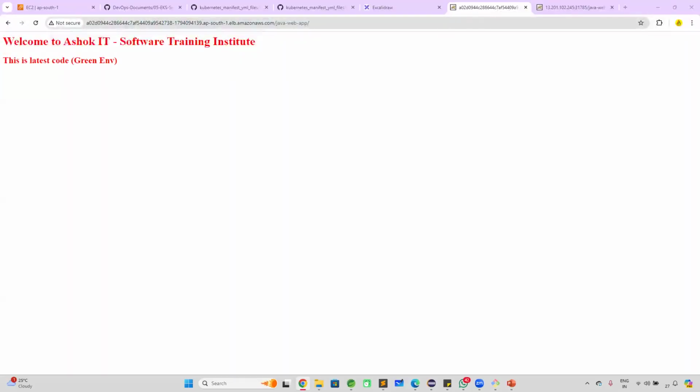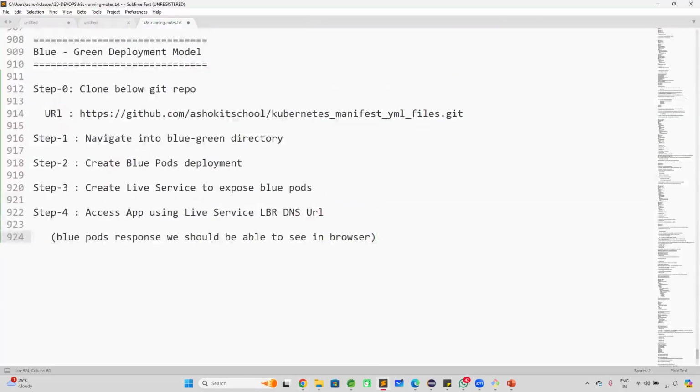Okay. So what is the procedure I have done? I have cloned my GitHub repository using this URL. I navigated into the blue-green directory. I created the blue pods deployment. Created the live service to expose the blue pods. Access the application using the live service load balancer DNS URL. Blue pods response we should be able to see in the browser. Then once it is done, the step 5,